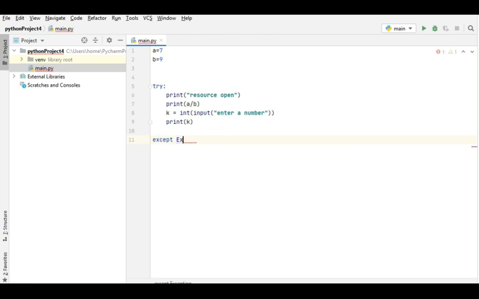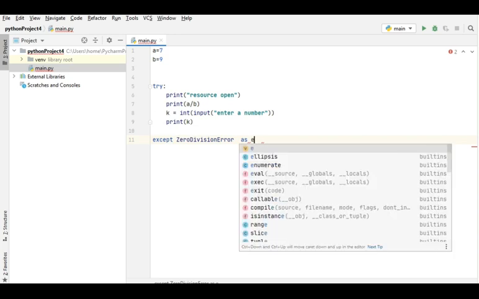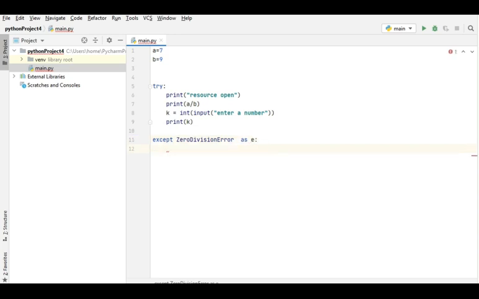Now let's take the value which is known as ZeroDivisionError. Basically whenever you mention except and mention the capital letters like Z, D, E, all the things which you want to give will be represented here itself. So ZeroDivisionError, and then let's give as E, and then print.